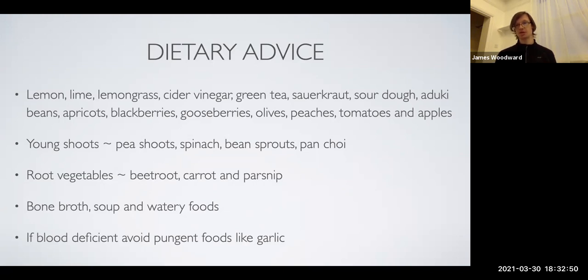So for me, I'll have to make sure I have the ginger, just to make sure that my digestive system is doing the job. The ginger is very much spleen related, and the spleen and stomach are central to the creation of everything in the body, and it's the earth element. So everything kind of works around it. So I have to make sure that that's working well. And actually, some of the other things I've listed on here are more for the spleen, because if the liver is overacting, the liver is